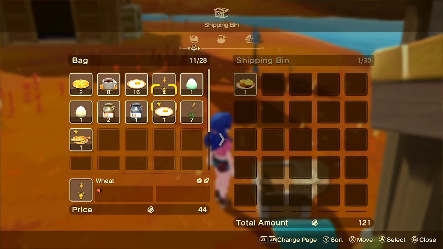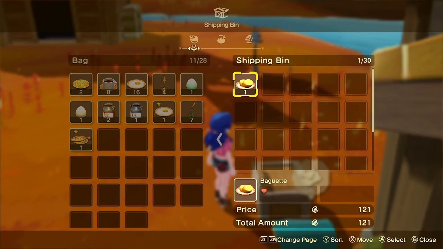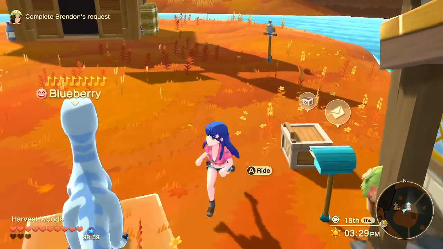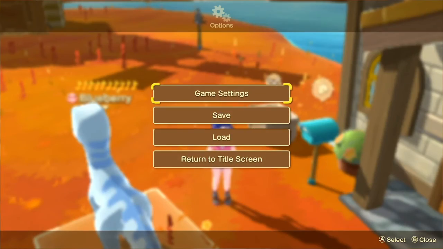Yeah, so this is 121 by itself. And remember, 2 of these are only 88. So by cooking it, we wasted 30 minutes of time. However, we got 41 extra gold here for cooking it. So if you have a ton of wheat, you want to get rid of it, but you want to make money doing that, it might be worth it to make a huge stack of baguettes just to throw into the shipping bin. So that's the last thought that I just wanted to have you consider